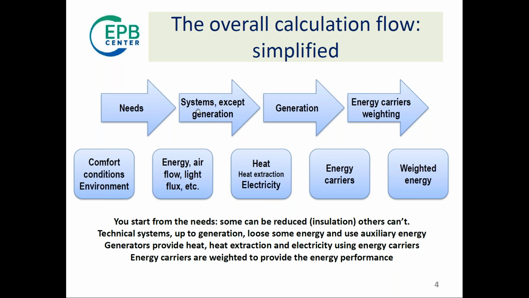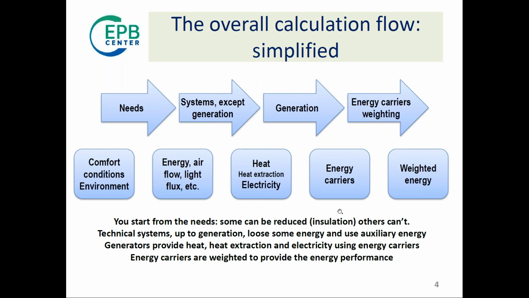And this is usually quite simple. It's just distribution, emission, so some auxiliary energy, some losses. Then you go to a need of heat extraction, and electricity. Overall, you need always something like that. So you will ask the generators to provide the heat or to extract heat or to provide electricity, and this will result in a need of energy carriers. And here comes the 52000 that will weight your energy carriers and provide you the final result, which will be weighted energy. So this is more or less the calculation chain that we will see, and we will have to prepare